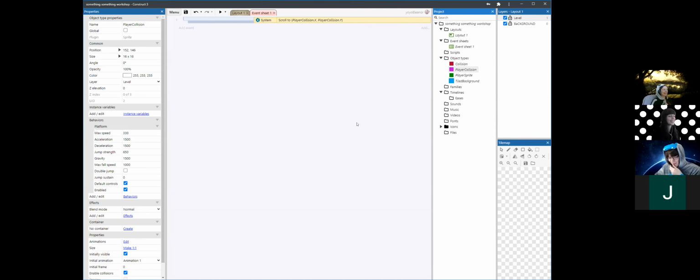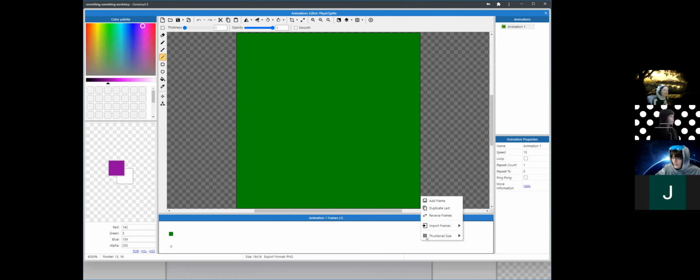Are there maybe times where you don't want your sprite solid, or is that just off base? So the problem that happens a lot when you make your player collision your player sprite is that when you want to add animation to something,